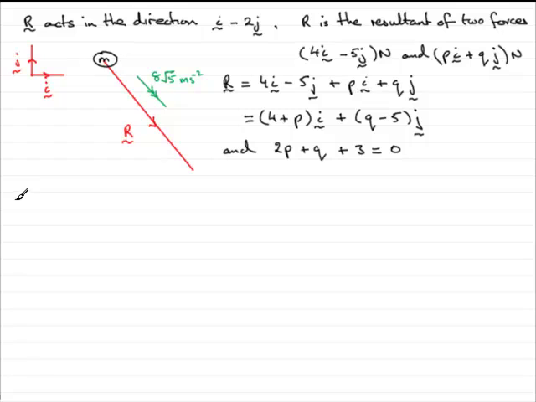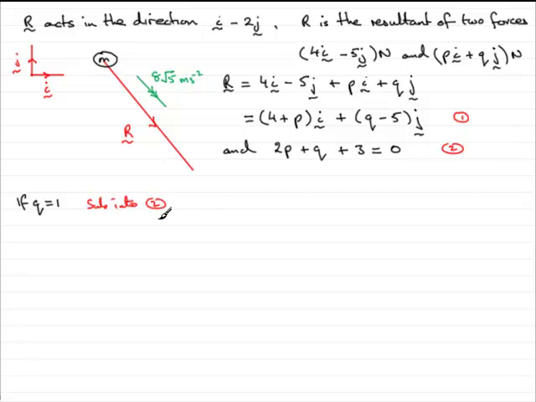So how do we do this? Well, first of all, if Q is 1, we know from the earlier part of the question that 2p plus Q plus 3 equals 0. So I can substitute Q equals 1 into this equation. I've kept the equations that we've already got from the previous parts. Let's number this one 1, that was the force R, and we'll number this one 2. Okay, and so if Q equals 1, we'll just sub this into equation 2,